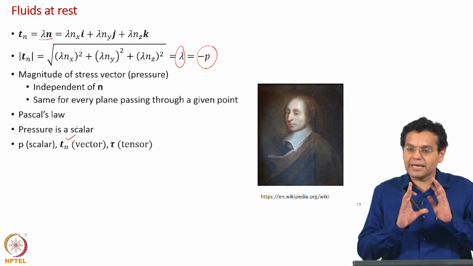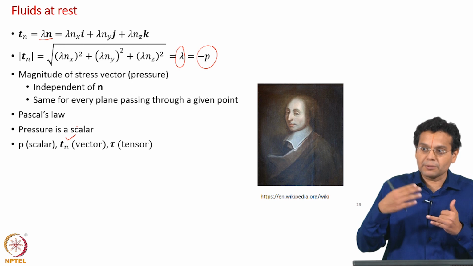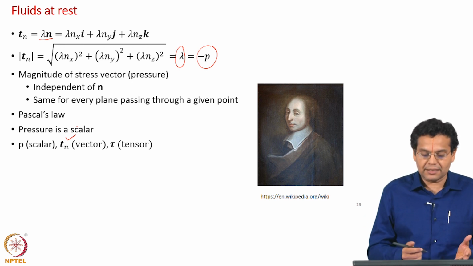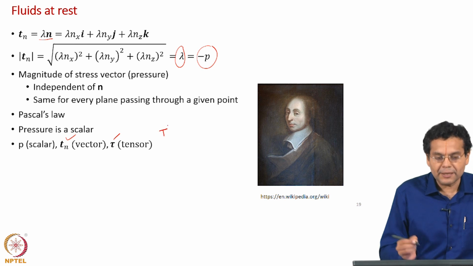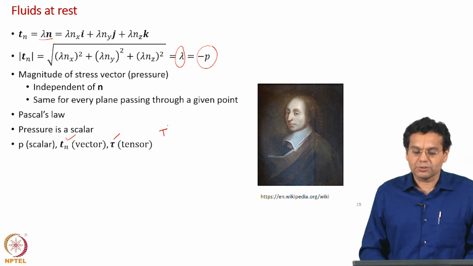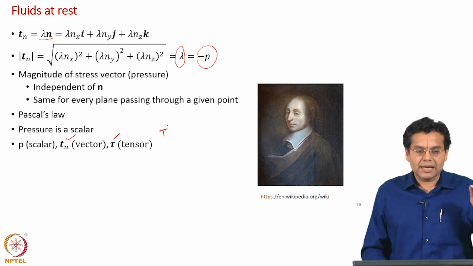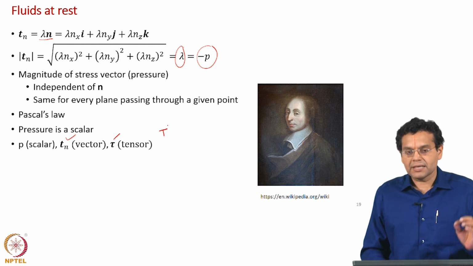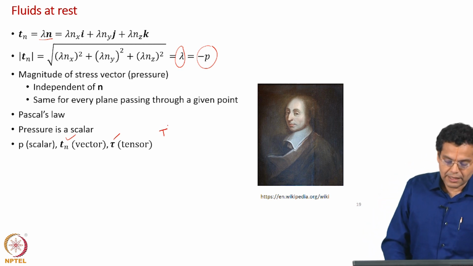So, we are not specifying any direction at all for the plane, that is why you have direction for force, direction for the plane as well, resulting in a stress tensor. This could be tau, or in our case it could be the capital T, total stress tensor also. Just want to illustrate that though the units are same, it could be a scalar as pressure, vector as stress vector, could be a tensor as tau or capital T. Okay.